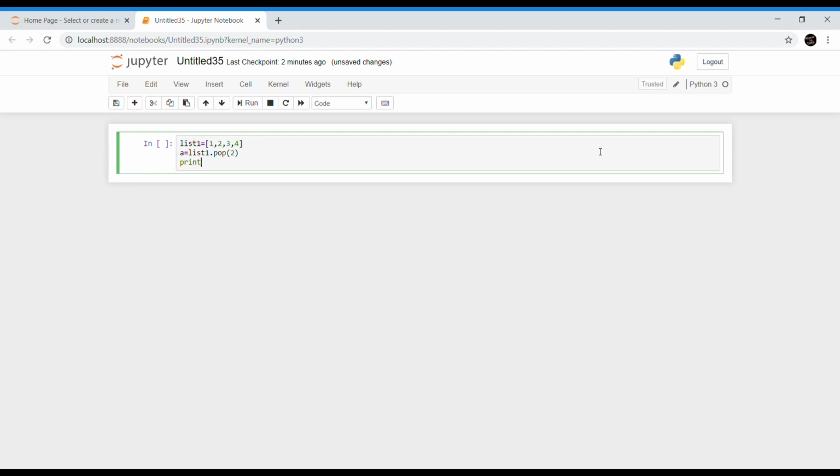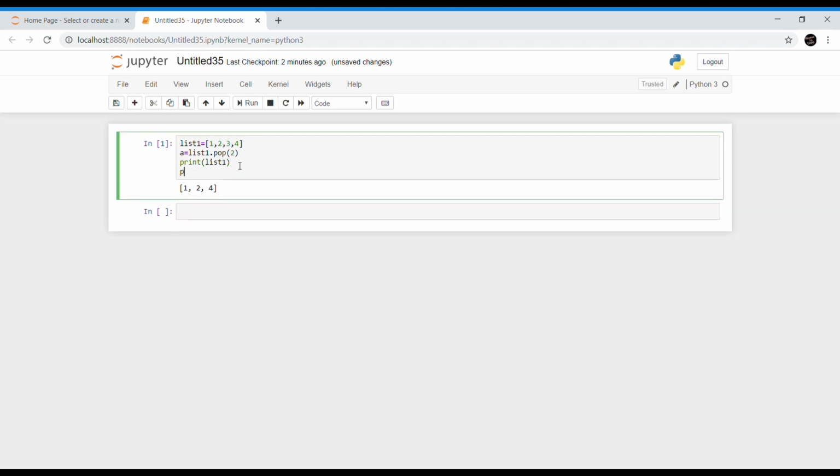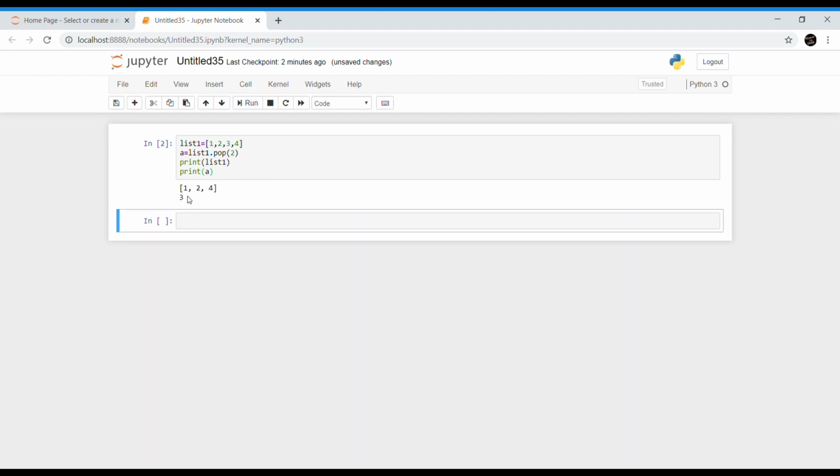Now if I print list1, yeah, the element at index position 2 got deleted. The second statement returns the deleted element to A. If I try to print A, it tells that number 3 got deleted, which was present at index position 2.